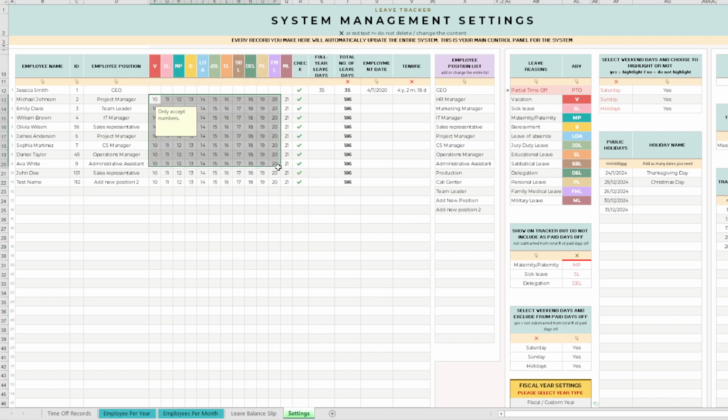We have just a random number of days here. Don't worry about that. No one is having 185 paid days off per year. Those are just dummy data. So you have the option to allocate days based on every custom leave reason,